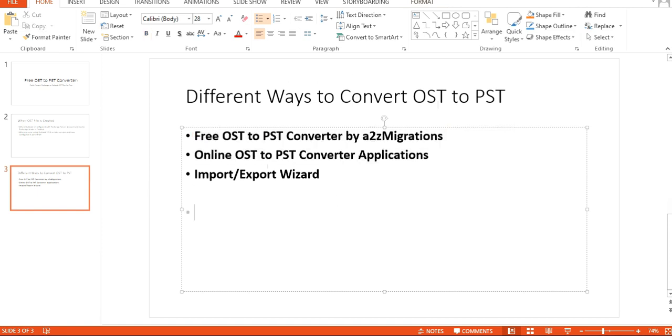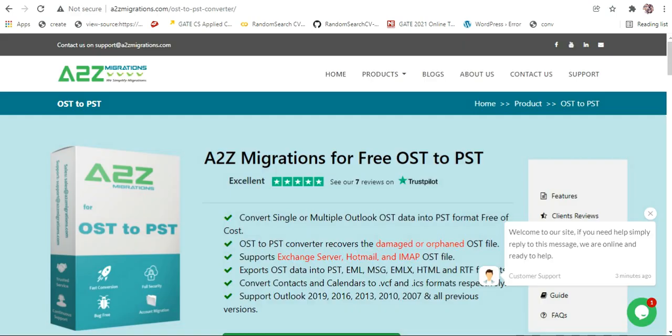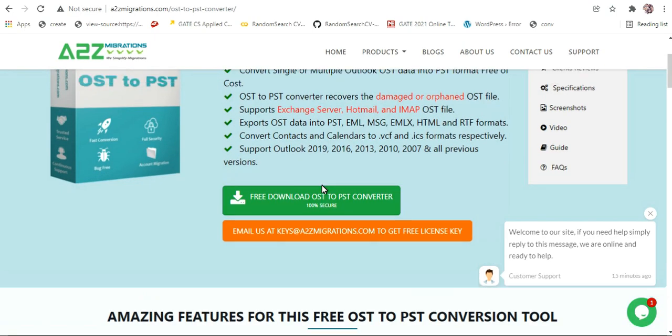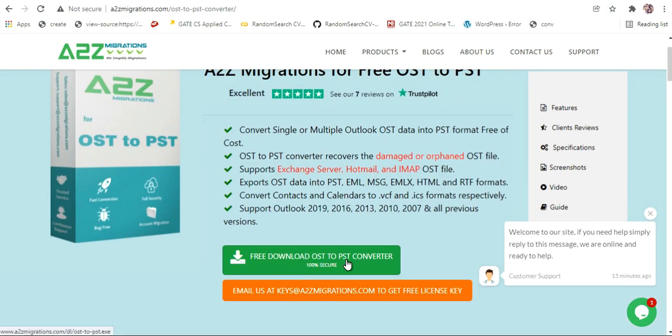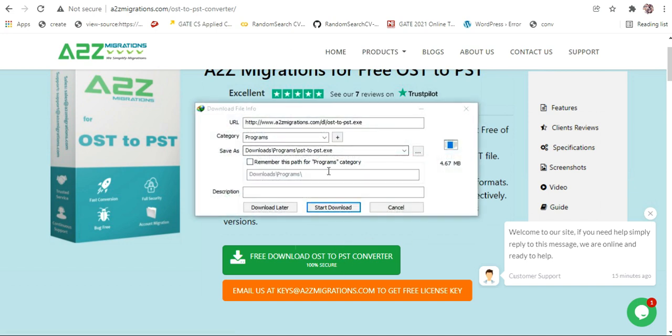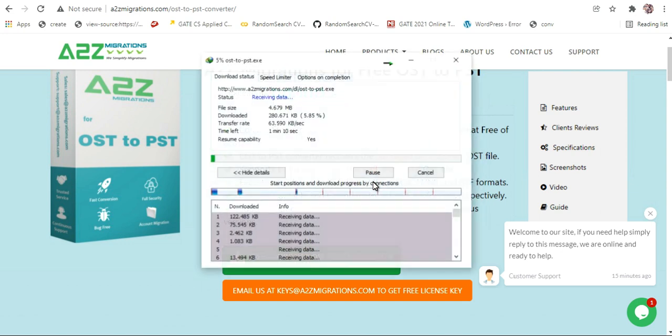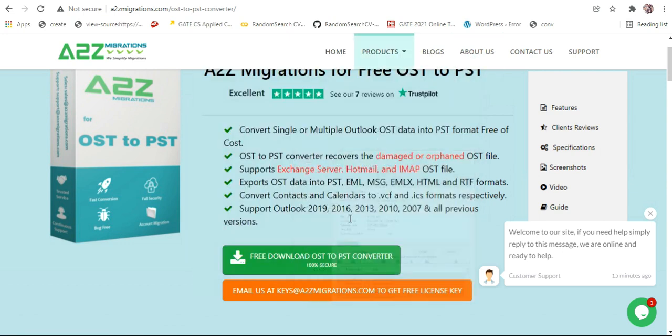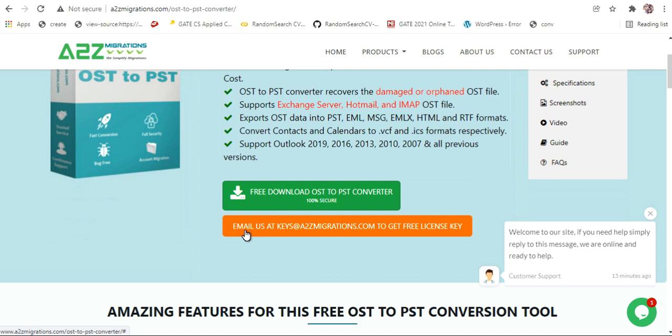So to use this tool, you will need to open their website. Then you can download the demo version from this link. After that, you will need to email at keys@a2zmigration.com.